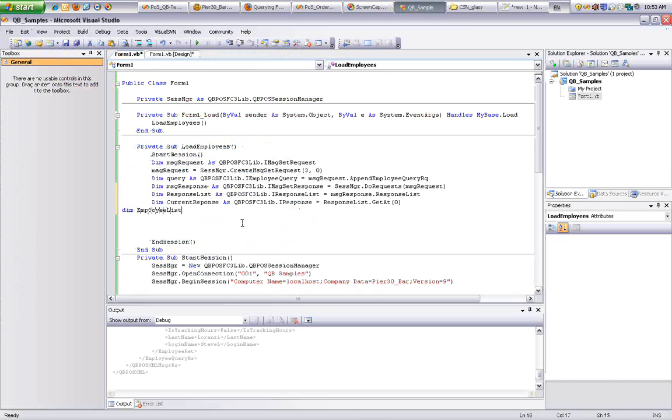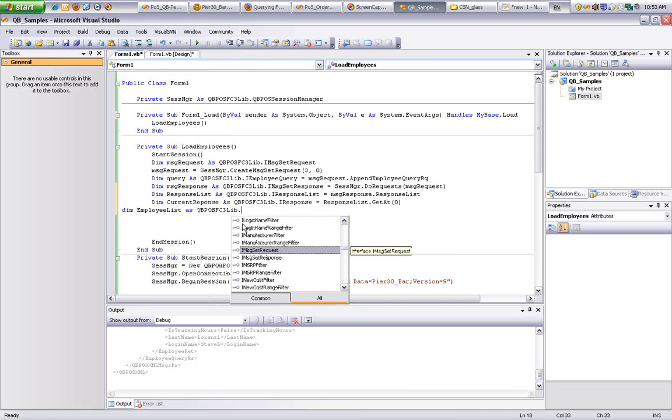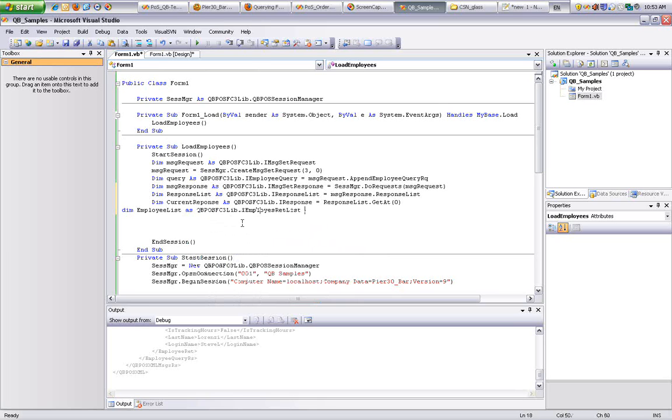Create an employee list. Whenever you have more than one item, it's always a list. If not, it's just the ret. So employee ret list, or response list, I think it's what's supposed to be. Alright, and then we got to assign that to something here. So we got to get that from the